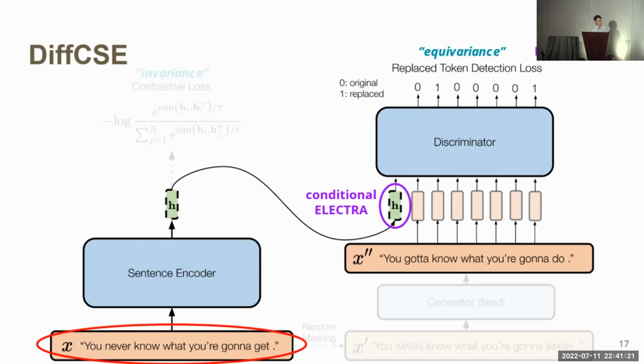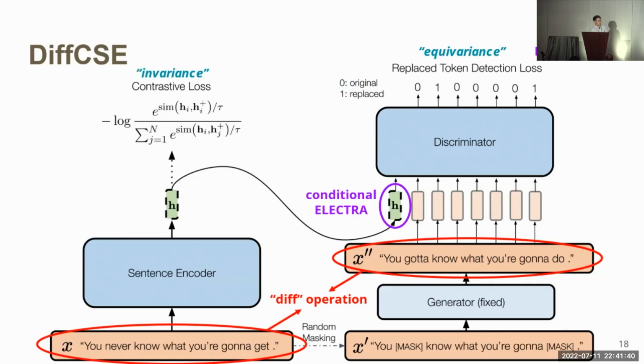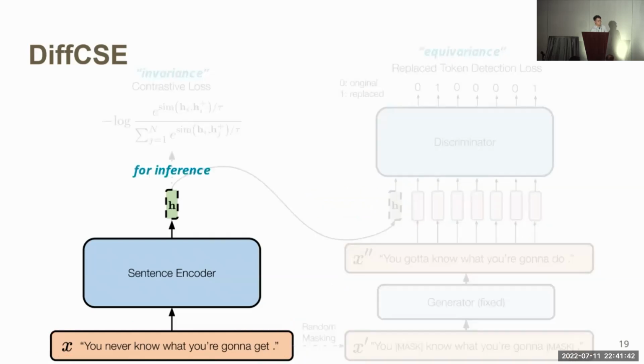And this will enable the discriminator to distinguish the tiny difference between the input sentence and the modified sentence. So basically, our model is doing a diff operation between two very similar sentences. That's the reason why we called our model DiffCSE. After training this whole framework, we remove the generator and discriminator and only use the sentence encoder to produce sentence